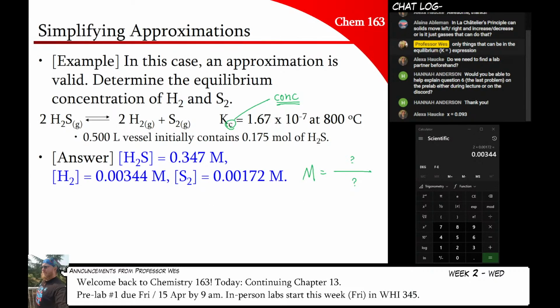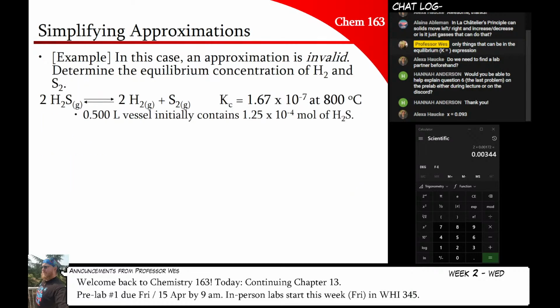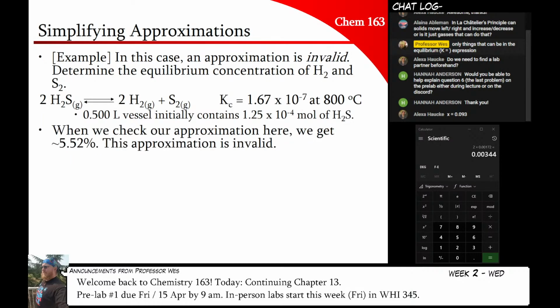All right, we've done enough of these. The next two on here, so this one has an invalid "X is small" because of this reason right here. So Kc is small. Where'd my pen go? There it is. Okay. Kc is small, which is okay.